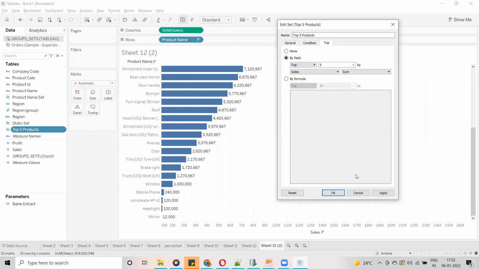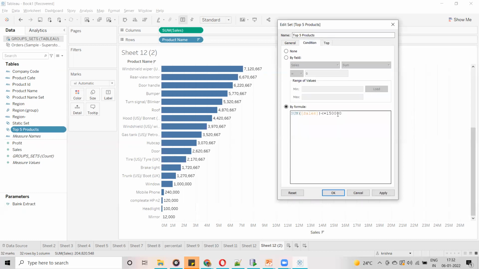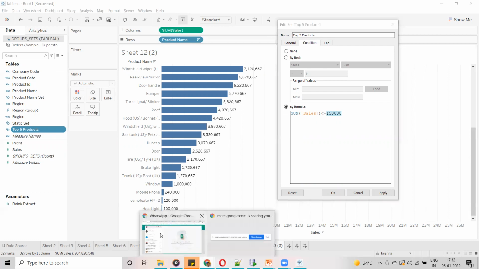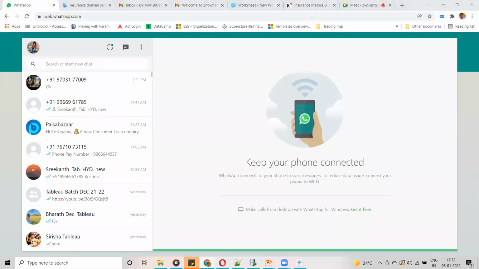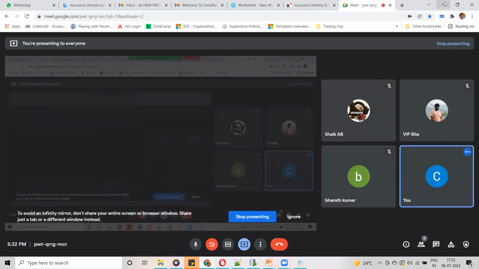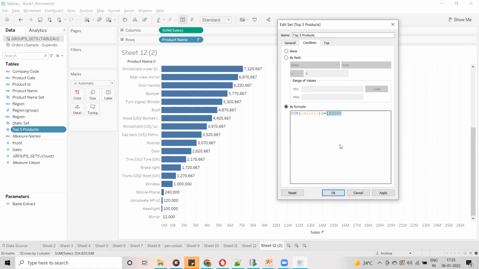Now guys, for better understanding, what I am going to do is, here this value I am going to mention windshield. From here to here we have a lot of products. So here I am going to give a value like 1,000,000, 40 lakhs. Now if I click on apply, what is going to happen? Guys, it is going to search first.